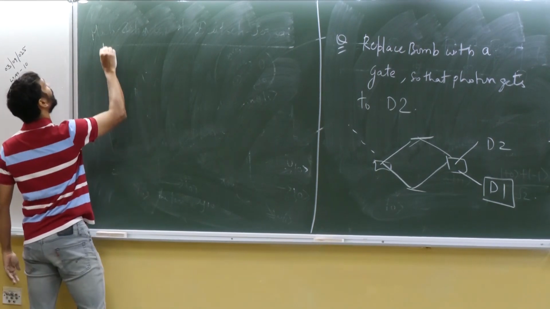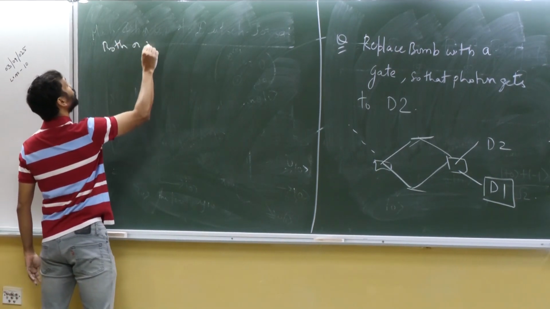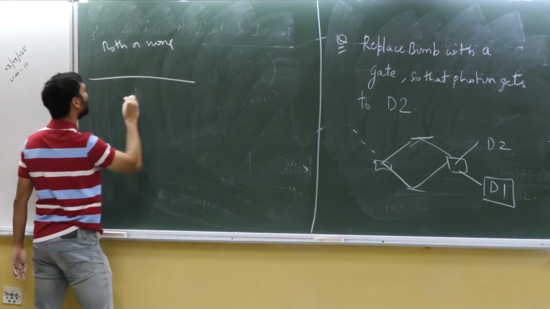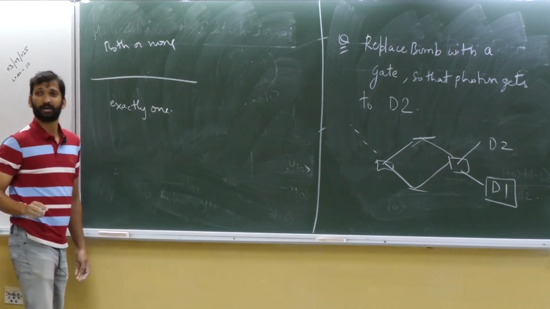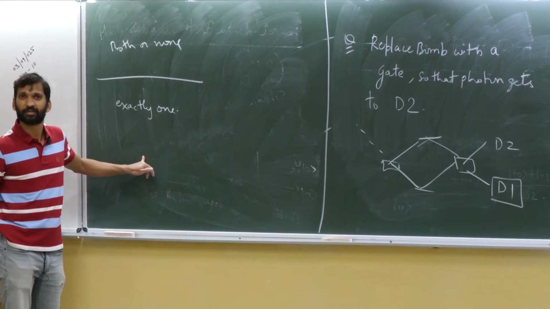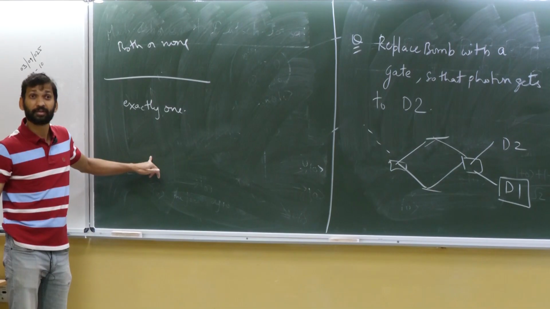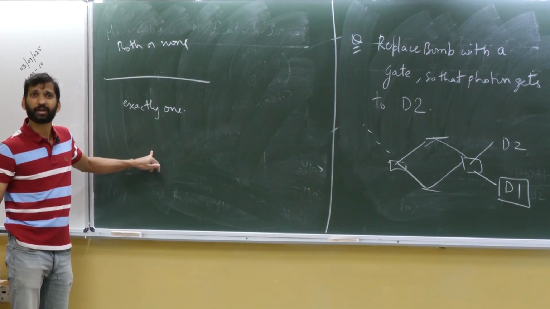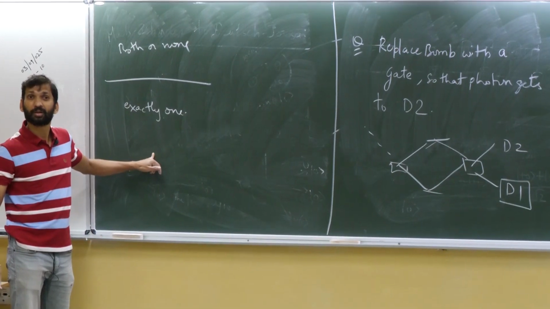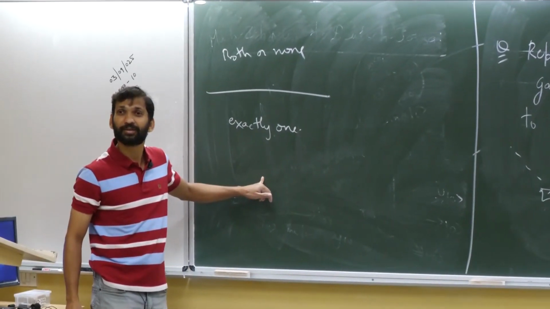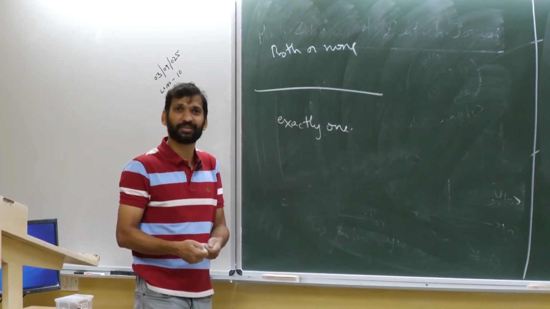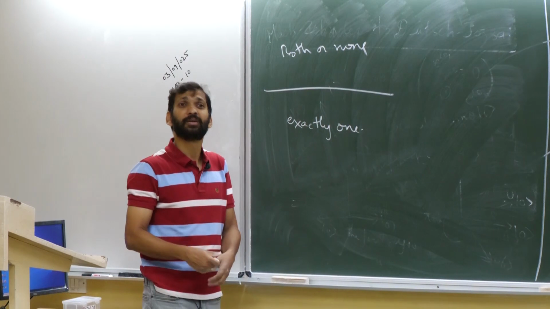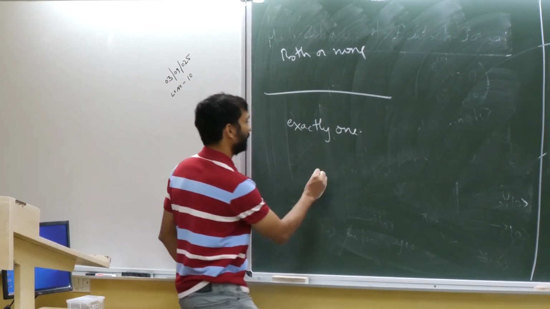So both or none compared to exactly 1. Correct? Right? What have I computed? What function have I computed? Do you know this function where if exactly 1 is there, then you get 1? I have computed